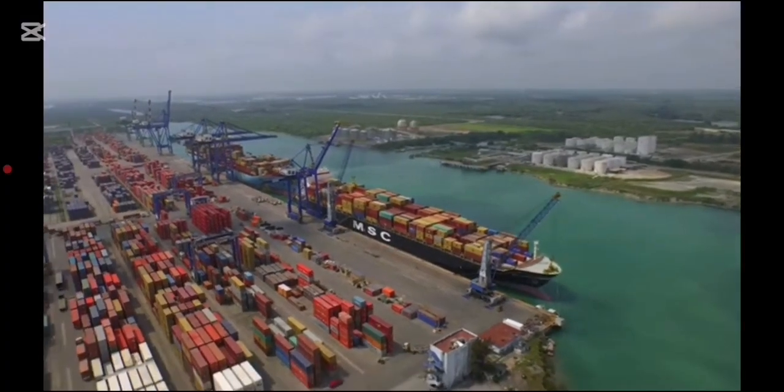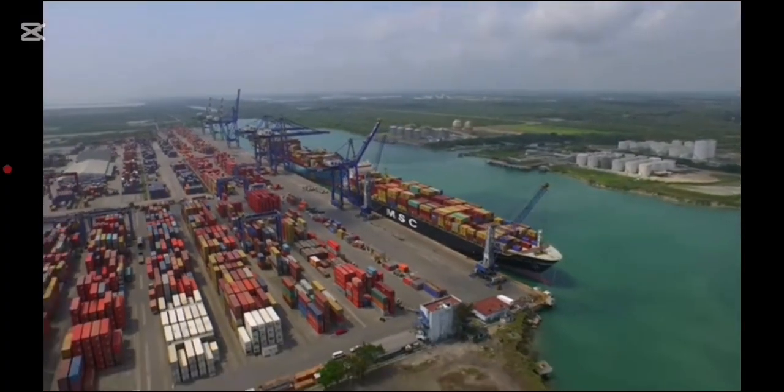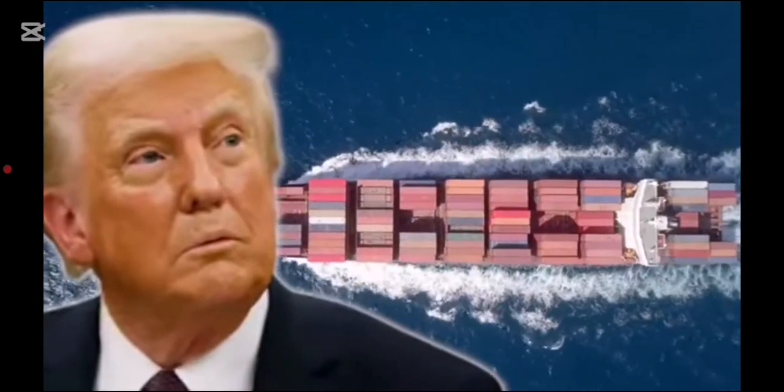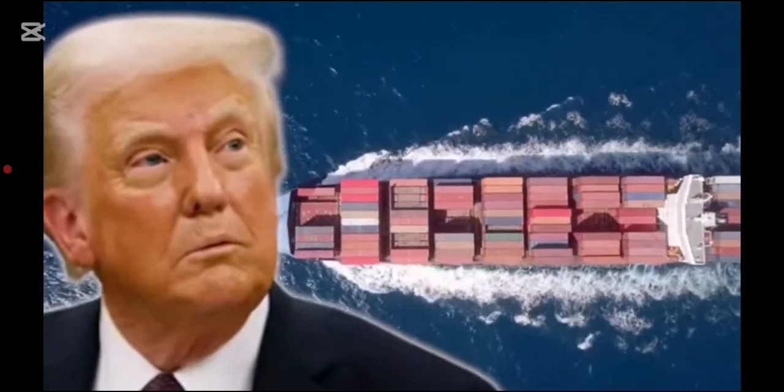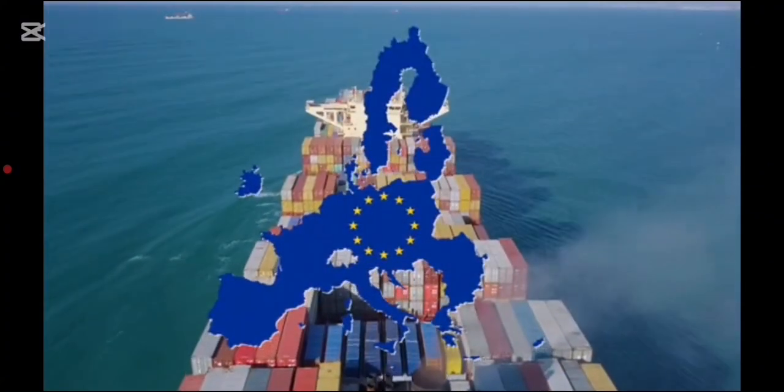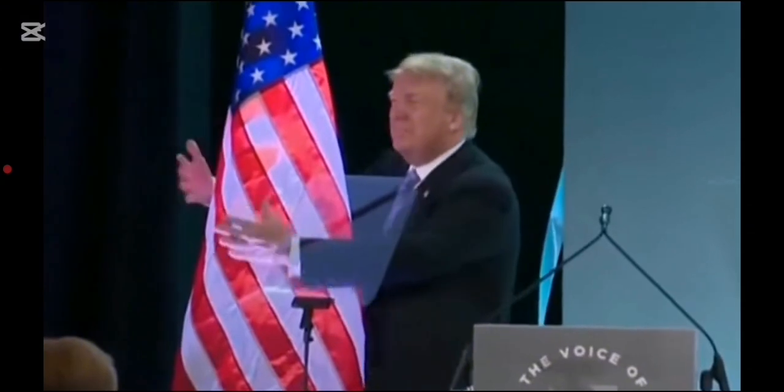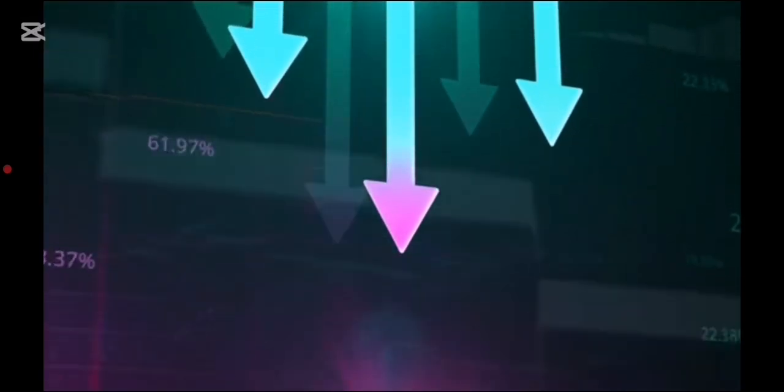Why does the US use tariffs? The US uses tariffs to protect American businesses from companies in other countries that can make products cheaper. For example, if China makes toys really cheap, people in the US might buy Chinese toys instead of toys made in the US. To make sure that doesn't happen too much, the US might add a tariff, which makes Chinese toys more expensive.